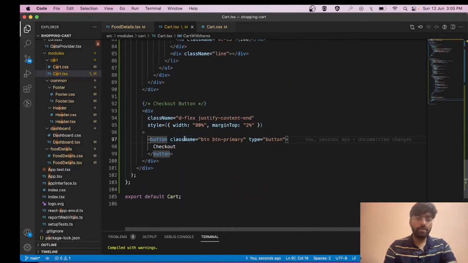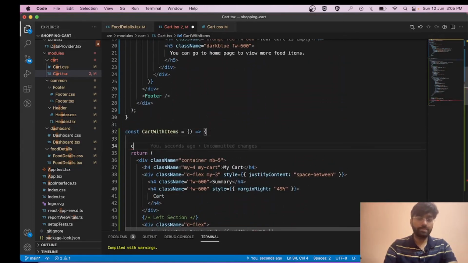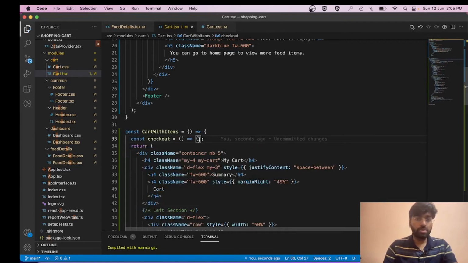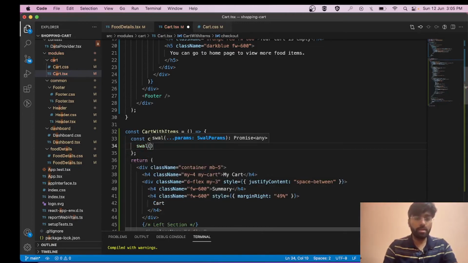Let's give it onClick first. onClick, checkout. After this, what we can do, cool. Inside this checkout function we need to call this swal that we have imported from sweetalert, and we need to pass it the parameters.